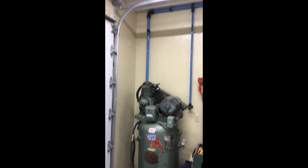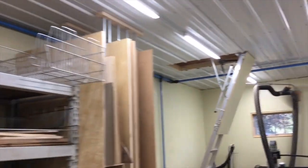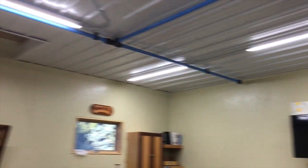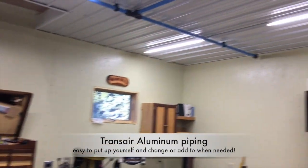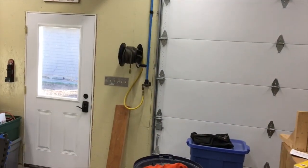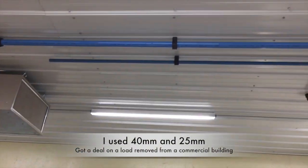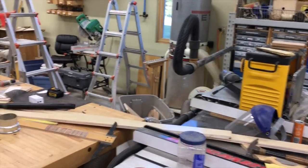Alright, today and yesterday I finished up the airline. So, got a few drops. There's one here. One all the way across the ceiling there. Gotta stay away from the elevator hole. One by the CNC. Center. The hose reel and sprayer, and there'll be one drop here that I'm missing an end for, that hangs over the table saw here,